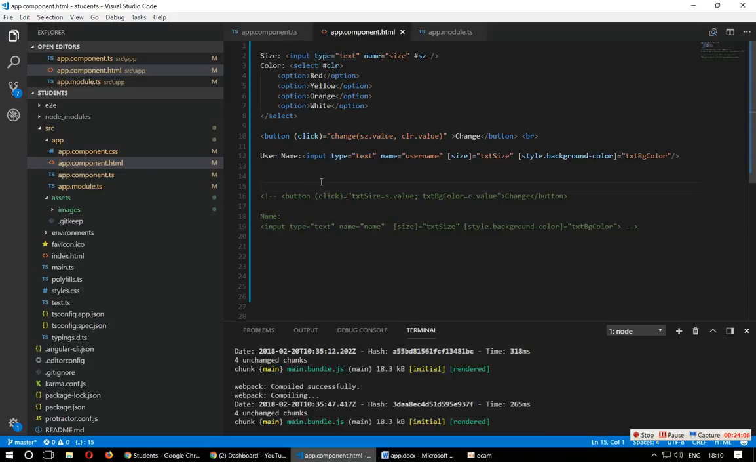So this is the way we can call different functions or methods in the event binding. In the next class we are going to do some more exercises using data binding techniques. Up to now this is enough, and